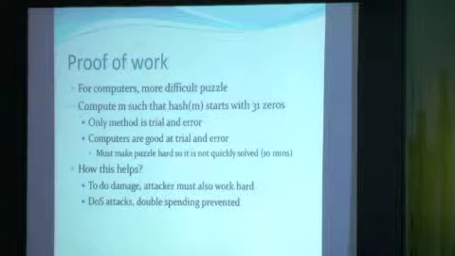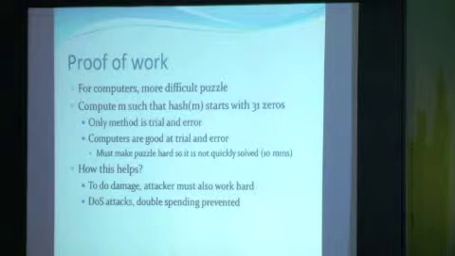In Bitcoin, we use proof of work for computers. This kind of thing is very difficult for computers if you give them a math problem. But computers are very good at number crunching, so they're good at trial and error. So we should give a problem to a computer that it can solve, but after a lot of hard work. As an example, if you remember, we talked about hash functions earlier. So one example of hard work is to compute a message M such that the hash of that value starts with, say, 31 zeros. 31 is some random number that I picked.